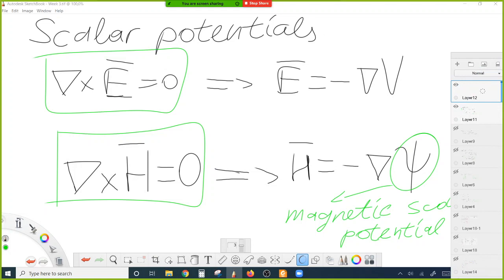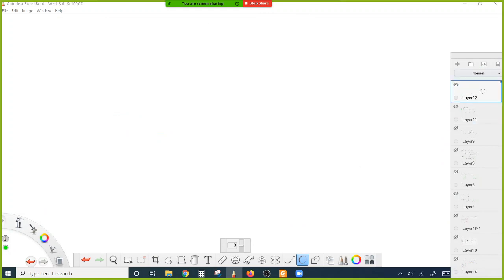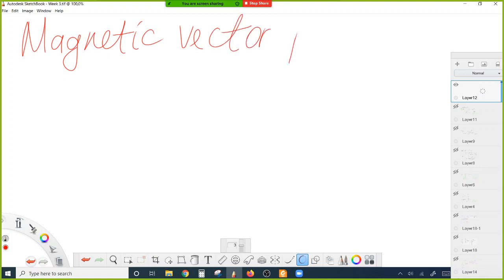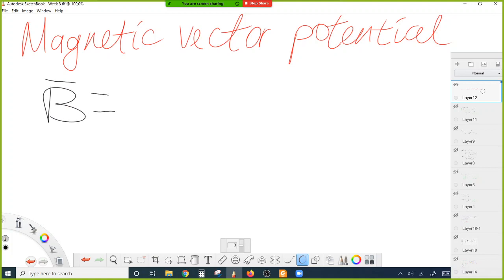Now let's switch to magnetic vector potential. So we know that magnetic flux density B is equal to the curl of magnetic vector potential A, because